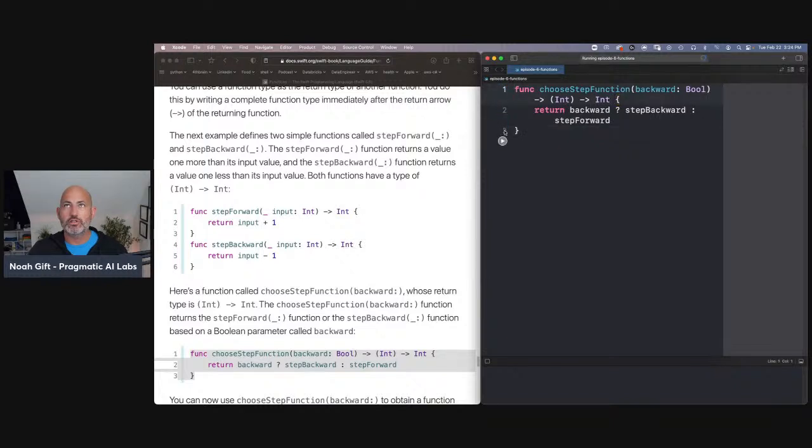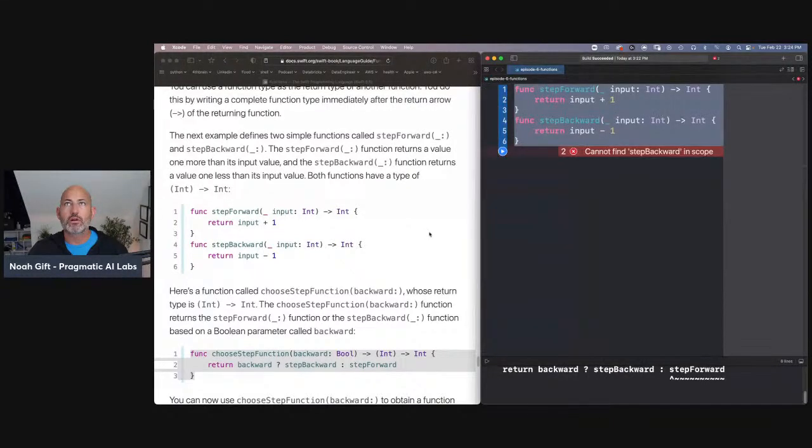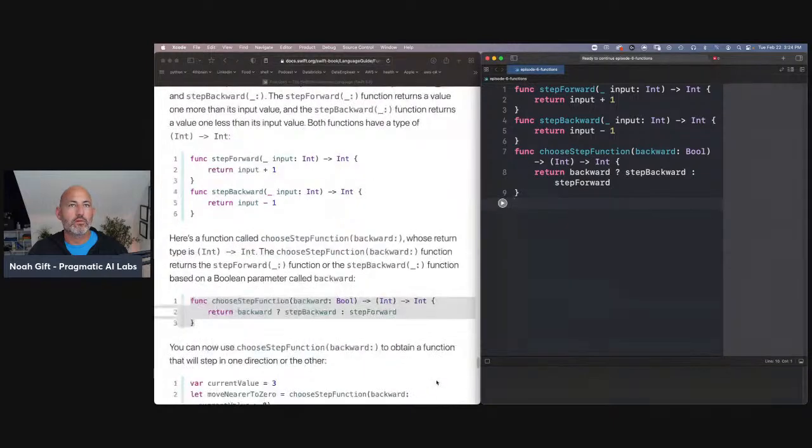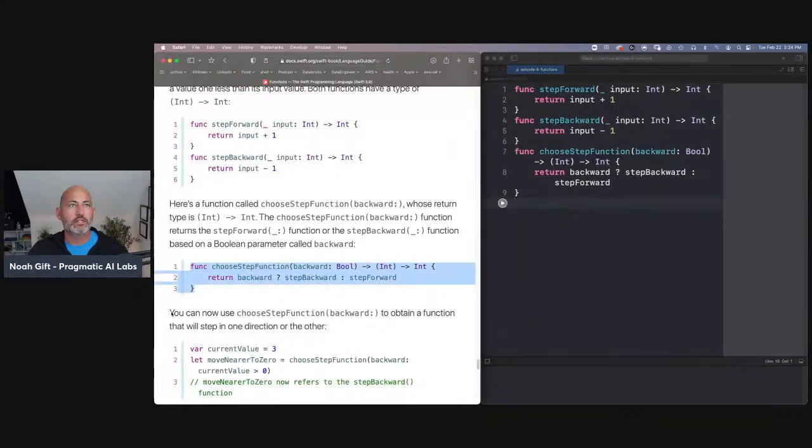I like throwing functions around. That's a great way to do work. Let's do that. Let's do this. So if we just run through all of these, we can get rid of it. Yeah, we can go through here. And so what we'd say is, now use chooseStepFunction to obtain a function that will step in one direction or the other. Yeah, this definitely